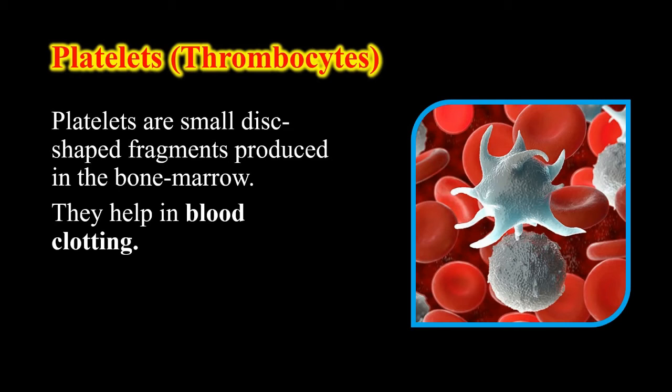Students, sometimes when we accidentally get injured, the wounds start bleeding. And after some time, the bleeding stops automatically. How does this happen? This happens due to blood clotting, and this is caused by the blood platelets. The platelets present in the blood pile up around the damaged part of our body and liberate a protein called fibrinogen, and this fibrinogen forms a small fiber-like structure around the damaged part of our body and thus clots the blood.